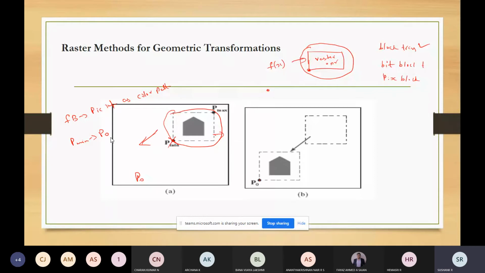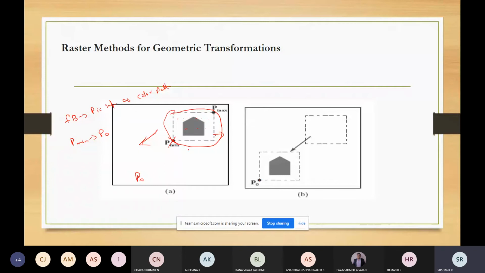Now you can rotate this object. Rotation is important. Translation was done, no? You can rotate this object by rearranging the elements of this pixel array.